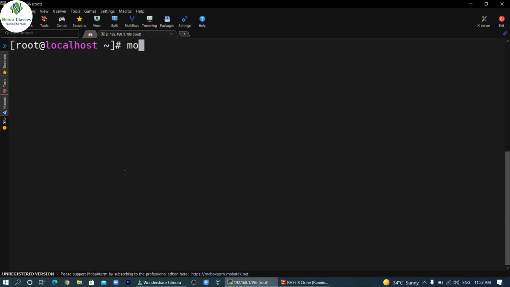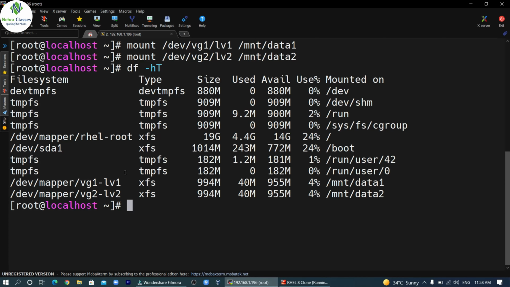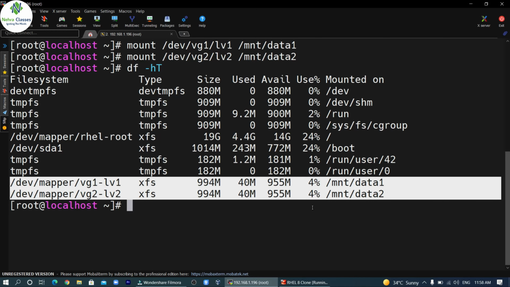Now we are going to mount the directories, so we will mount /dev/vg1/lv1 on the data1 directory. Similarly, we will mount lv2 on the /mnt/data2 directory, and we will verify it by running the df -h command. So both the directories are mounted on these logical volumes.